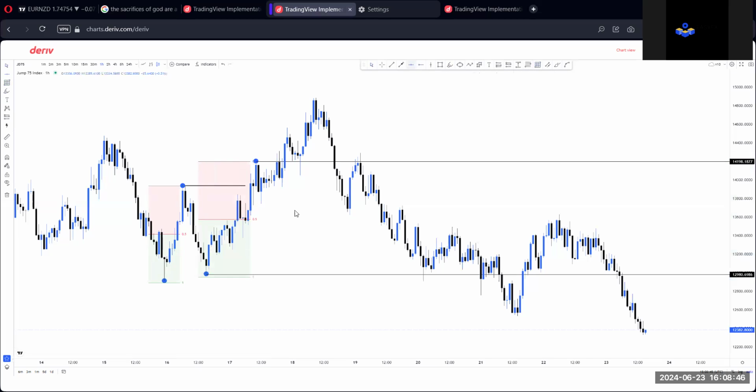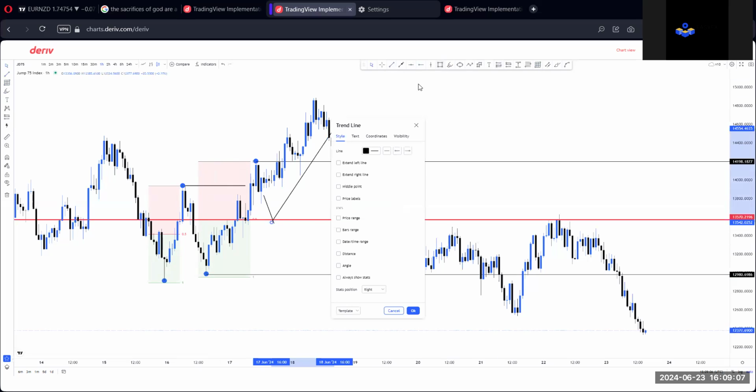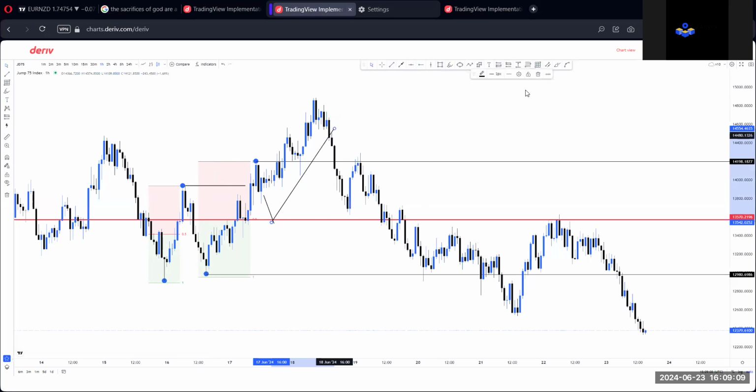So we said that any point above this area, 0.5, is equilibrium. All right. And below that is discount. So once we had that break, we were waiting for price to return into discount, but price didn't come back into discount, and then we had a push away from there. So you didn't have an entry if you were going to use the premium and discount tool, and that is fine. Sometimes you miss entries, but you could see that when we use the previous dealing range and we use the current one,